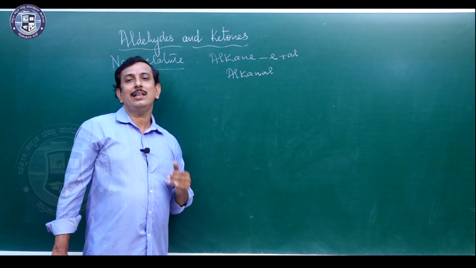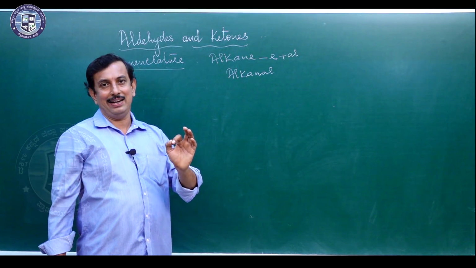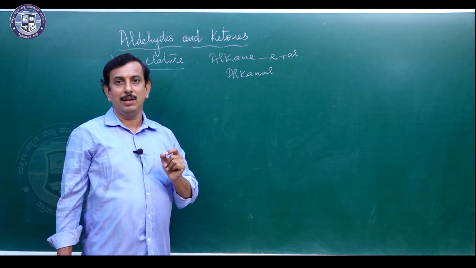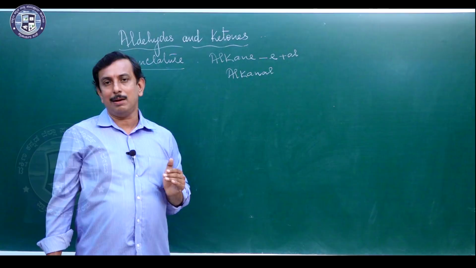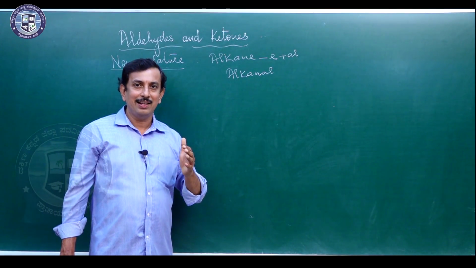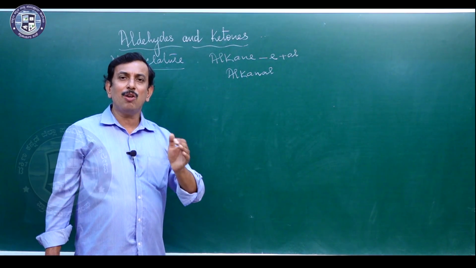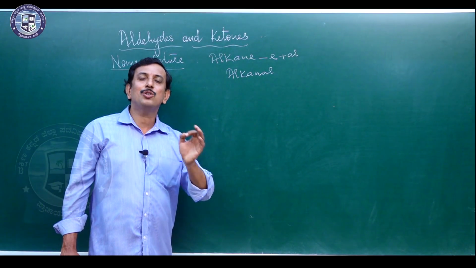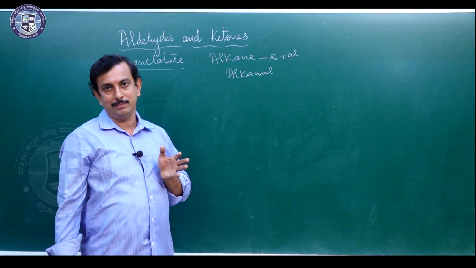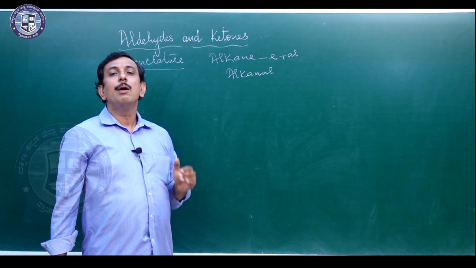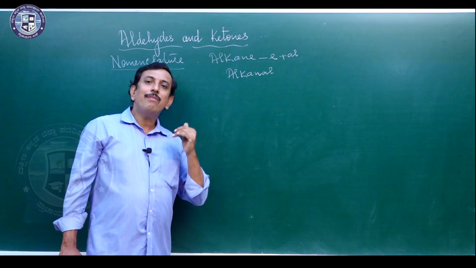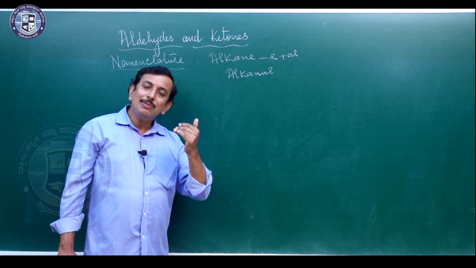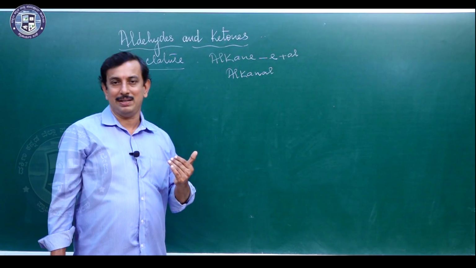Now, if you take aldehydes, it is observed that in aldehydes, the carbonyl carbon or aldehydic carbon is always a terminal carbon. Terminal means towards the end. Therefore, when you number the carbon chain, it is always given a preference of 1. The position number 1 is fixed to aldehydic carbon. Aldehydic carbon is given preference number 1. And thereafter you give the number in such a way that substituent get the next lowest number.